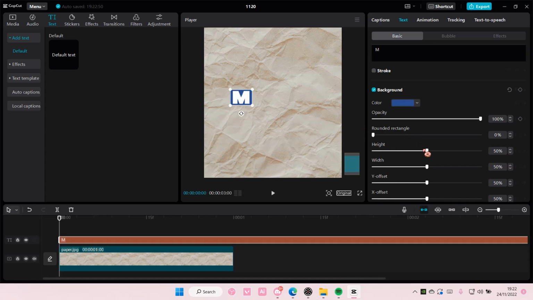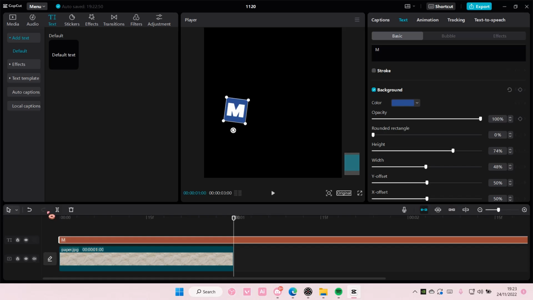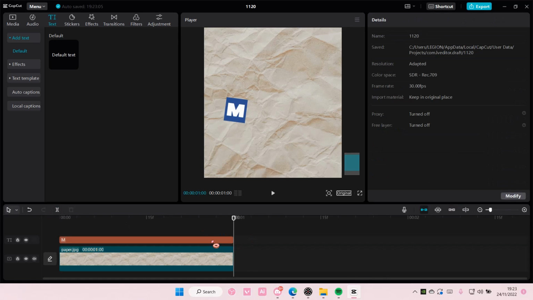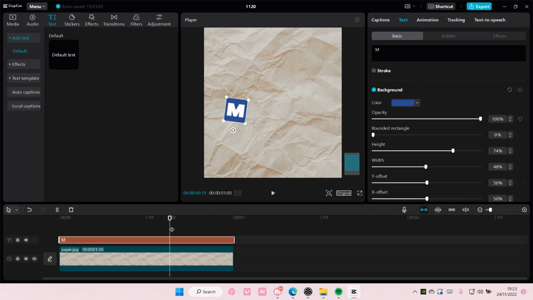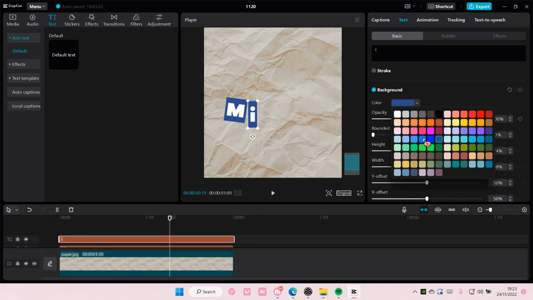Like so. You can even adjust the height and the width, which is awesome. And I might rotate it a little bit. I'm just going to delete the rest here. And now I have to do it to a few more letters. So again, I'm just going to type in a different letter for this. Might even change the color of it,